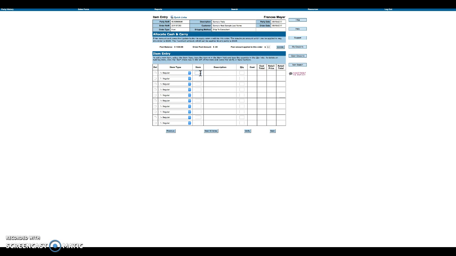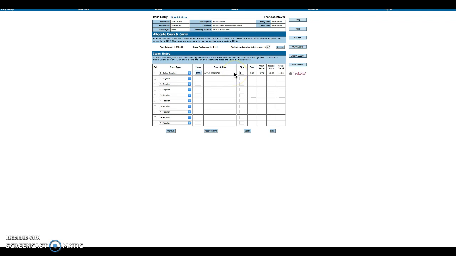And my host wants an item for herself as well. There's a sale item that she wants to purchase for herself. So I'm going to put that in right here, quantity 1. Click verify, and it's an apple core. And that's what she wants for herself. Now everything else she can earn for free or for half off if her party qualifies. But her own personal orders, which is not,